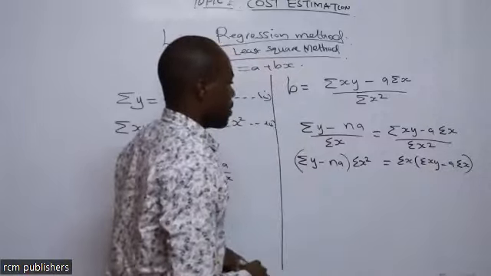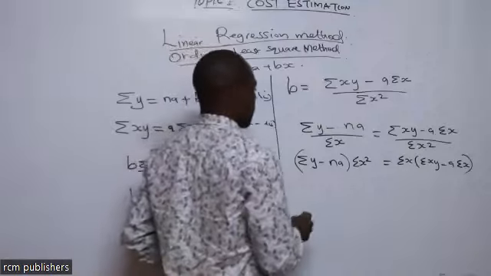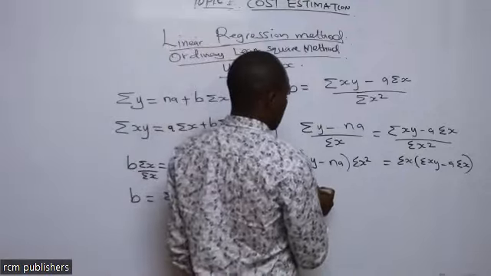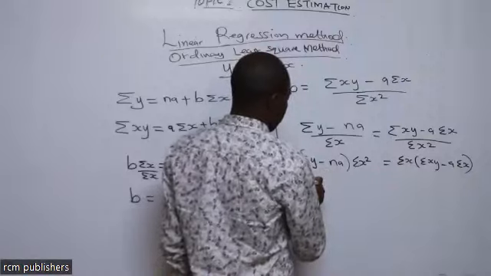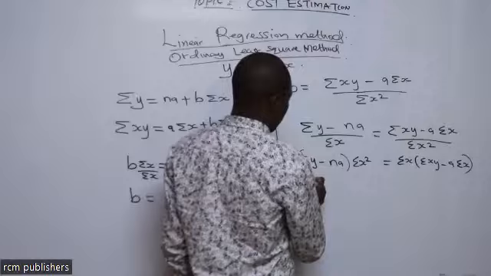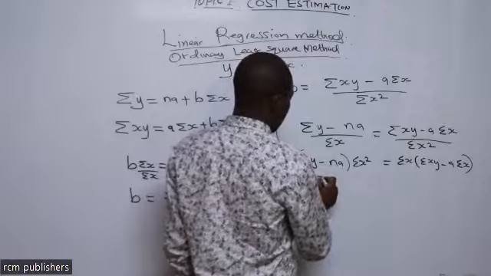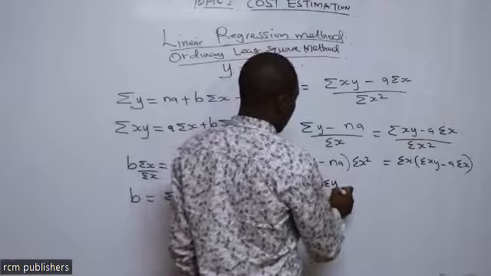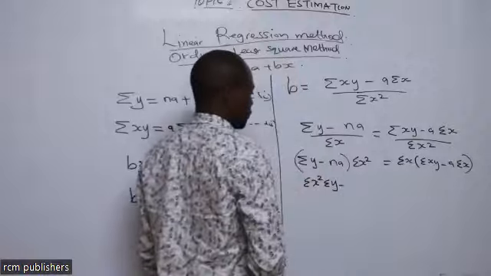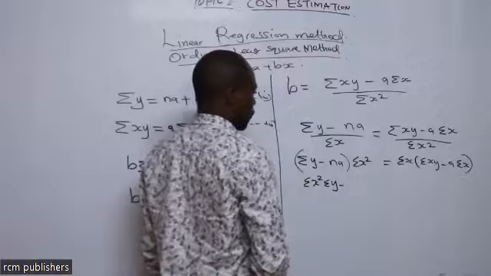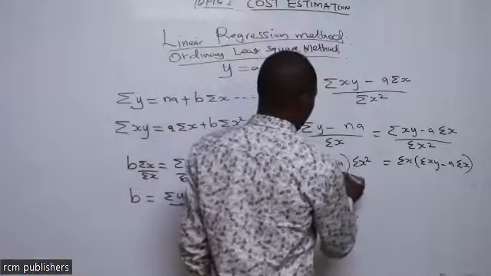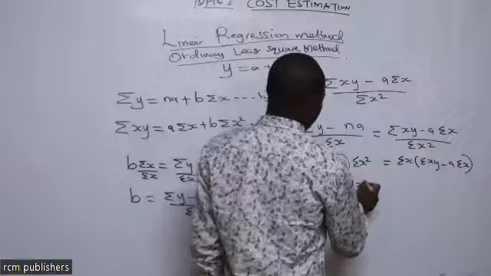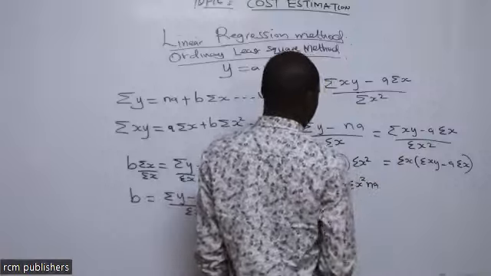So let's divide this and make A to B together. So we are going to have summation of X squared summation of Y minus summation of X squared NA